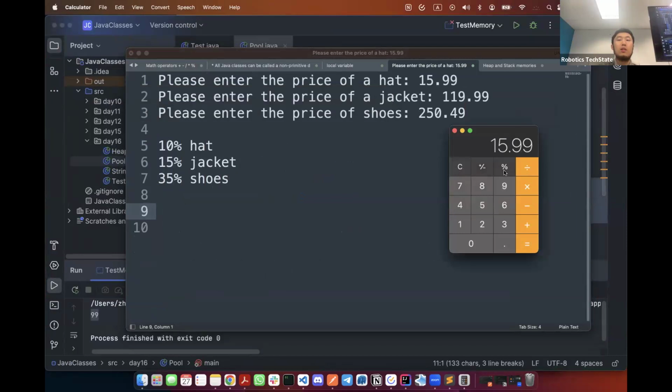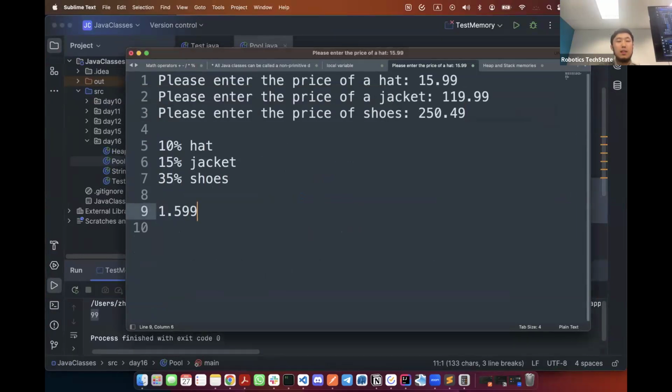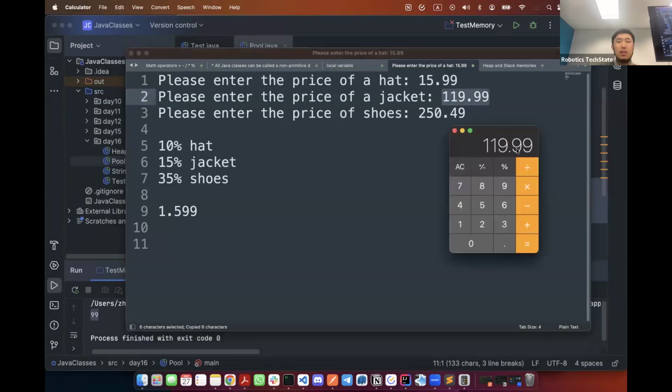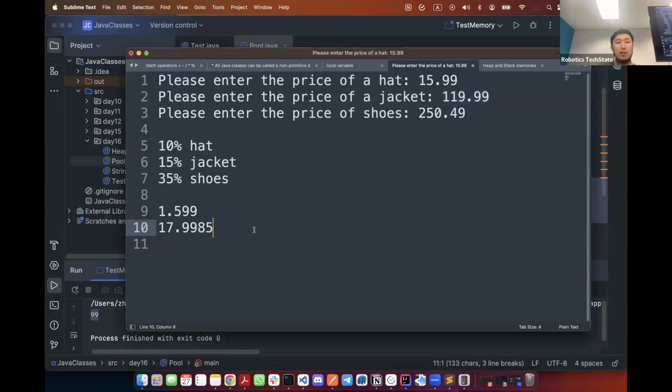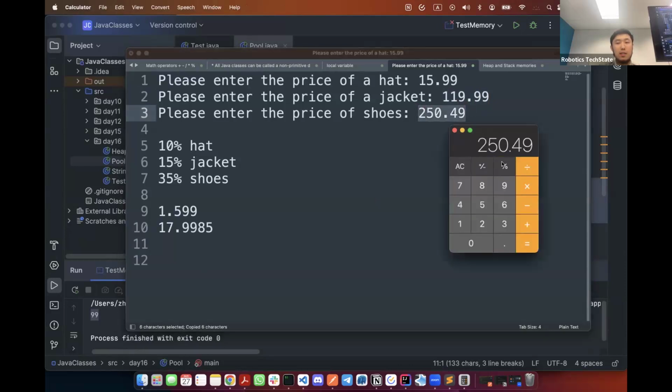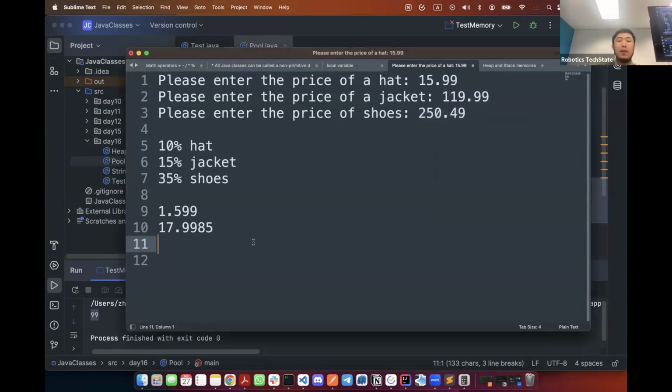10% of it is 159.9. All right. 15% of this 119.99 is 17.9985. All right. What is 35% of this? It is 87.6715. 87.6715. All right. The total